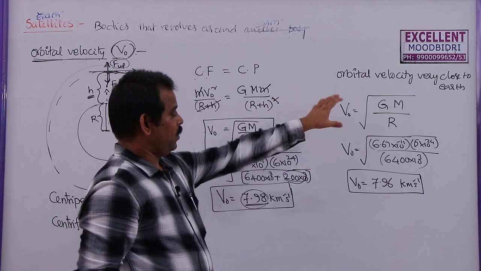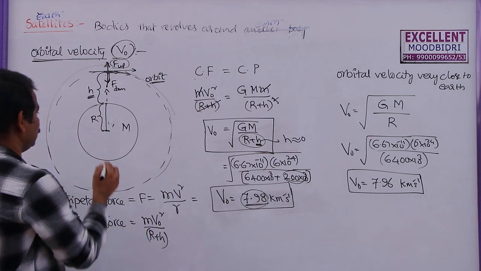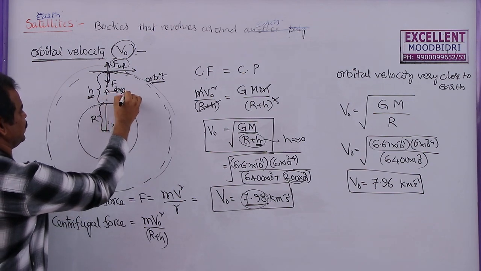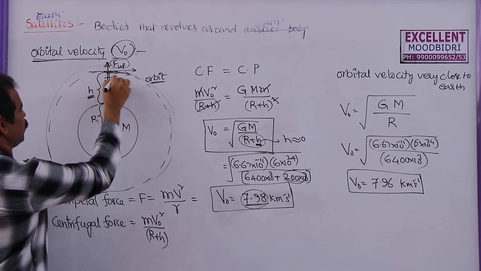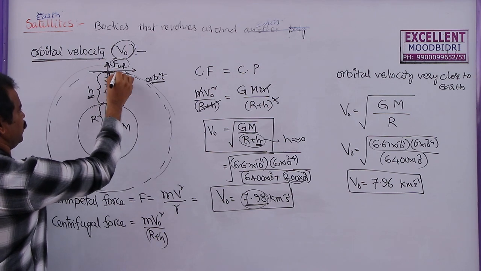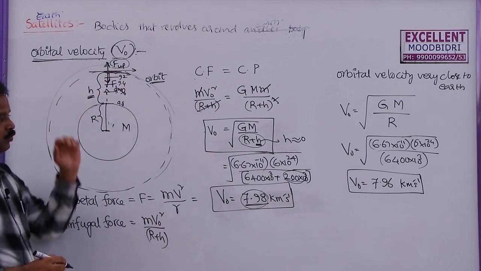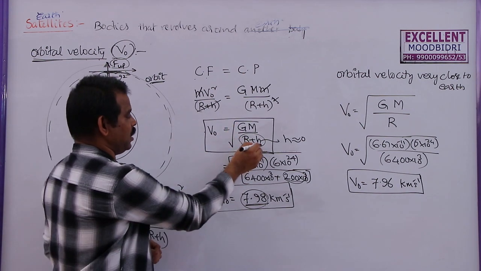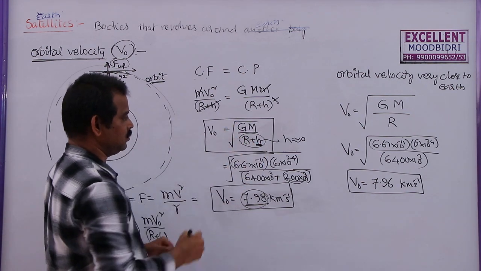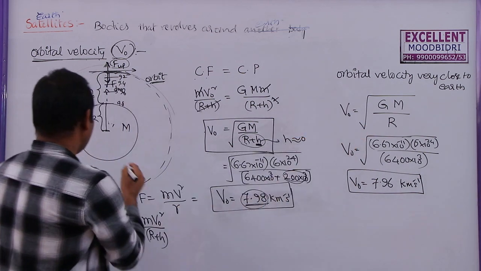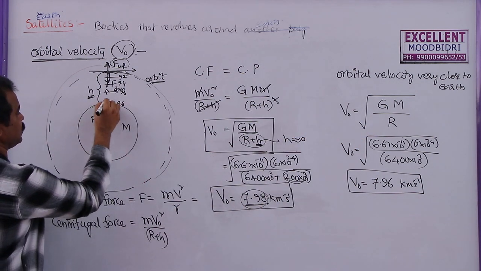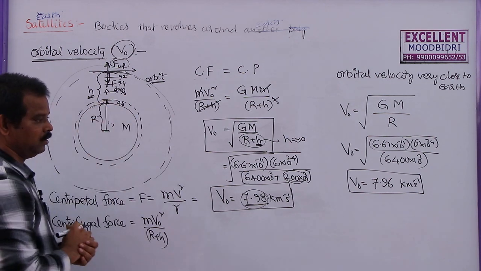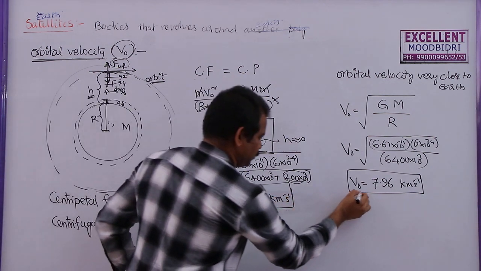So this is 7.96 kilometers per second. Now, when the orbit is very close to the earth, here small g will be 9.8, here 9.6, here 9.4. As you go away from the earth, we know that small g changes from place to place. But here we are not using small g because height is not negligible in this case. But here height is negligible. That means this orbit is maybe around 2 kilometers height. If a satellite is revolving very close to the earth, then the orbital velocity will be this much.